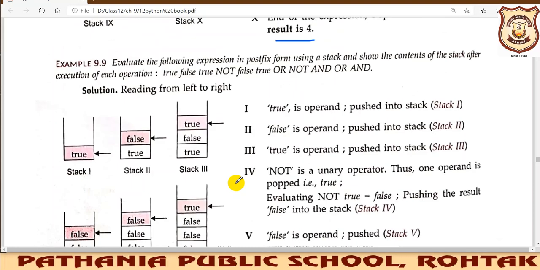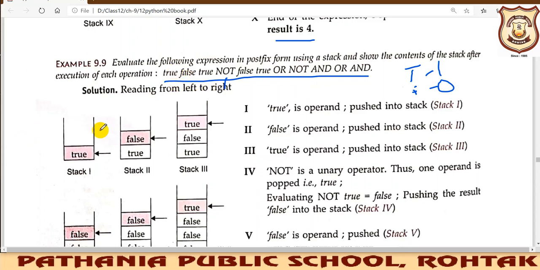The example says this. Now it is in the form of true, false and not. Not, as I told you, is a unary operator. So we will pop out only one operand out of the stack. True means 1 and false means 0. So it is totally clear that we are pushing 1 and 0, and we need to apply not and or operators to these values. So let us try it.